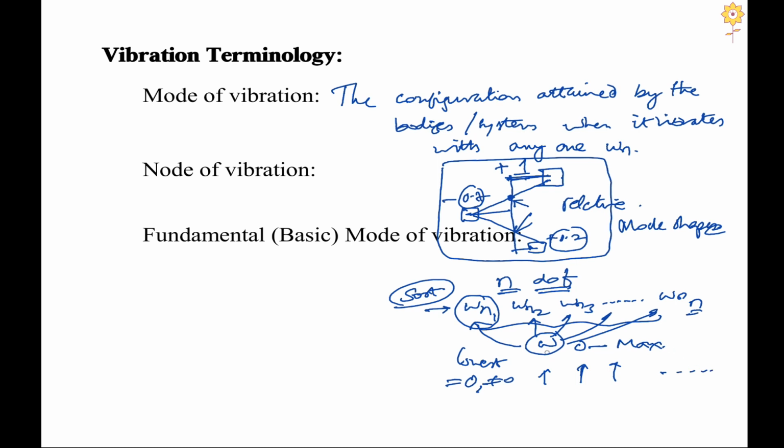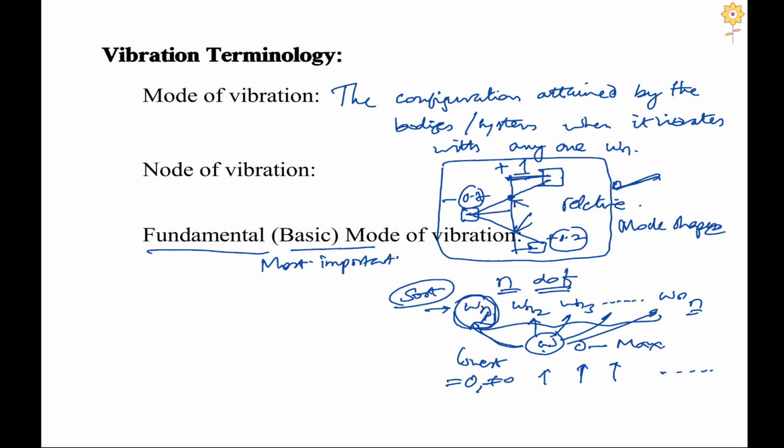Whenever omega matches with any one omega n, I have some resonance, and corresponding to that resonance I can have some particular mode shape. When omega matches with the first omega n1, whatever configuration is attained is called the fundamental or basic mode of vibration, and this is the most important of all